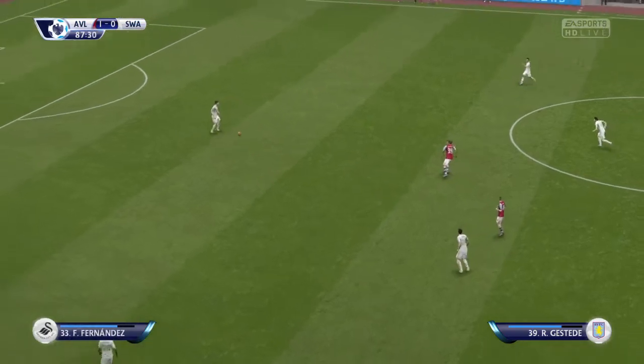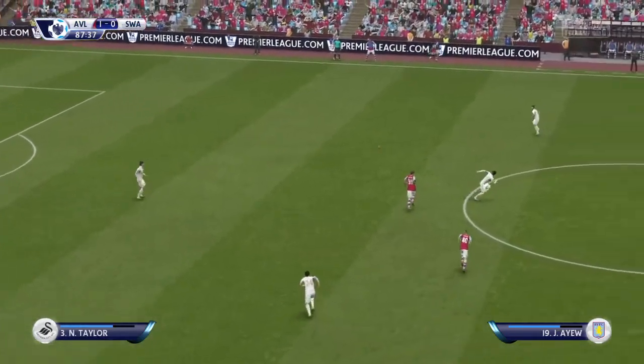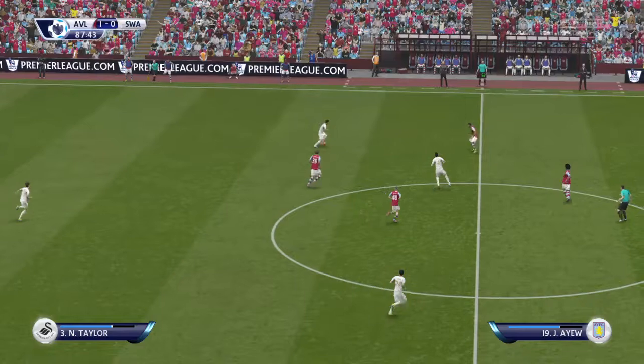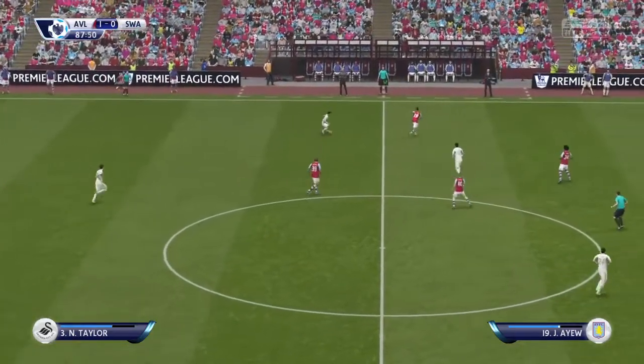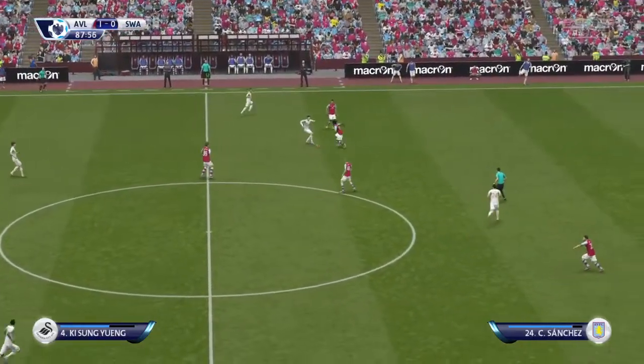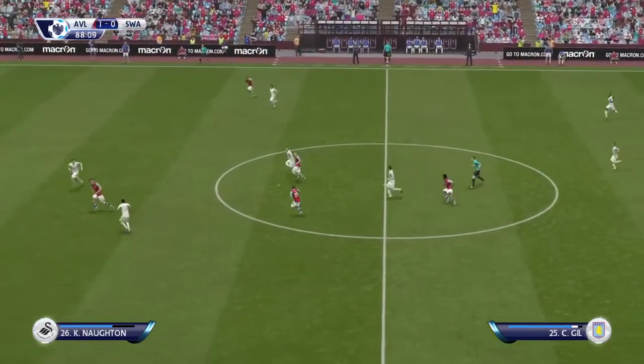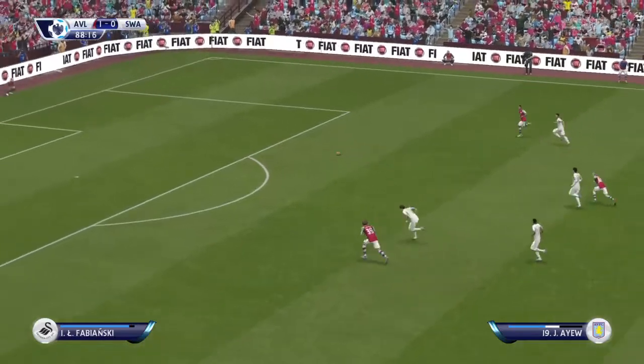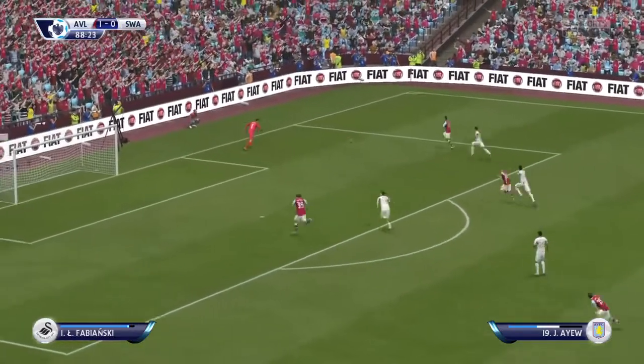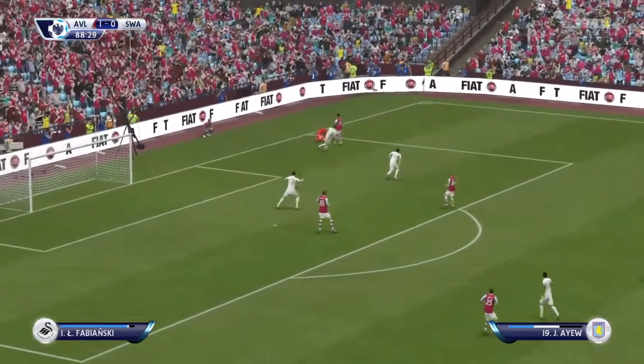Jack Cork. Time very much against Swansea. Well, the manager on the sidelines waving his centre-halves forward. It could be Route 1 stuff now. Goalkeeper hangs on.